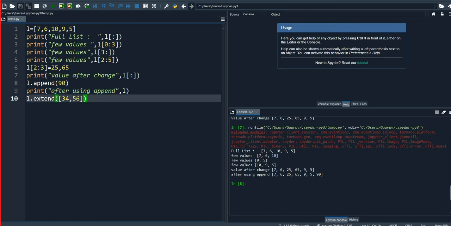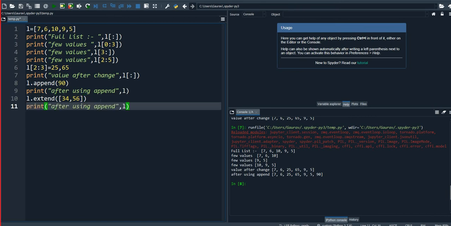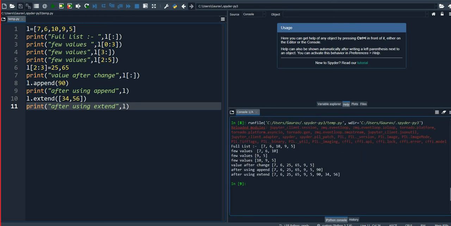Now when I use extend, append then extend. Now see, after 90, 34 and 56 are added.